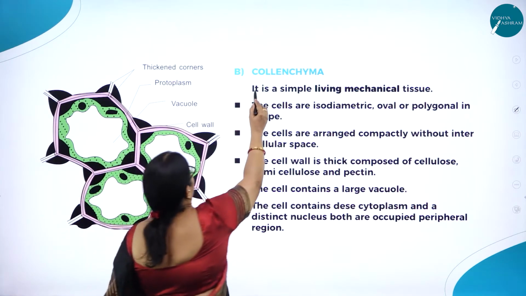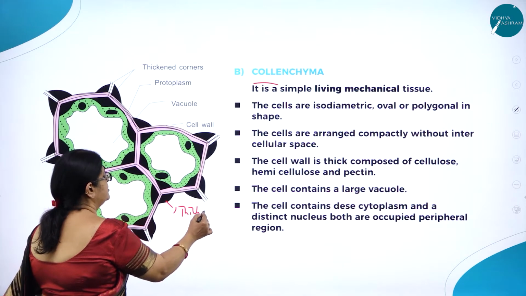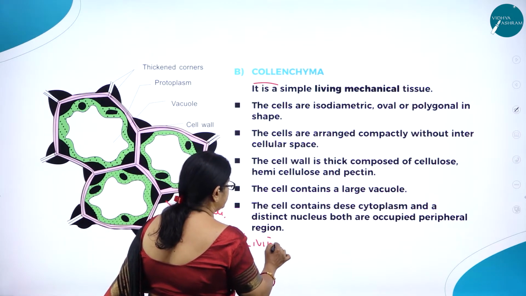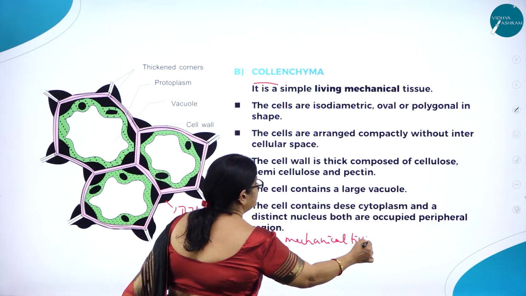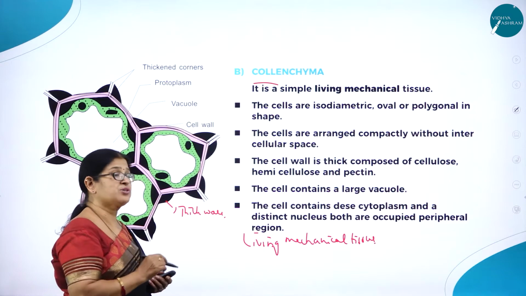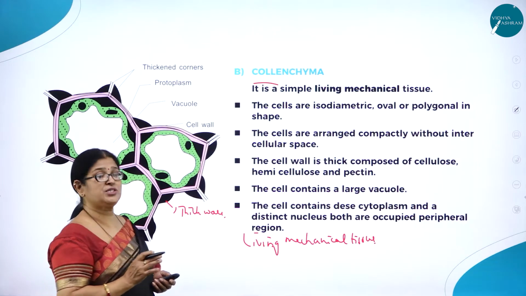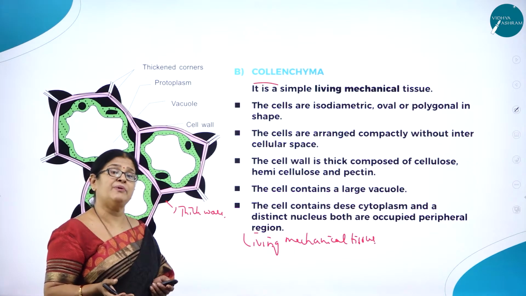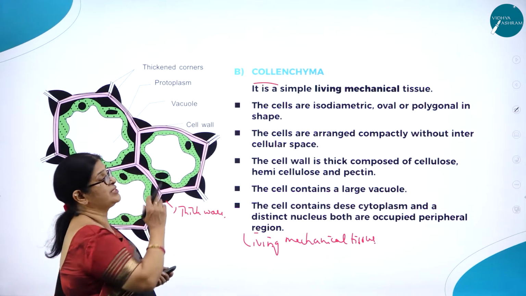Moving on to collenchyma. Here you can see in the beautiful picture, the thick wall. And collenchyma tissue is a living mechanical tissue. Why is it called living? It is having the living substance. And why is it called mechanical tissue? It gives mechanical support. Imagine, particularly this collenchyma tissue is found in the leaves and the stem. You know, there's a strong wind, heavy rainfall, but in spite of it, nothing will happen to the leaves because the mechanical support is given by this collenchyma tissue.